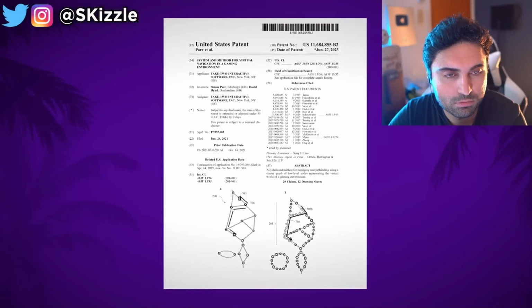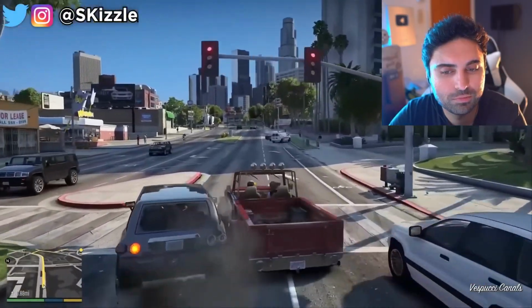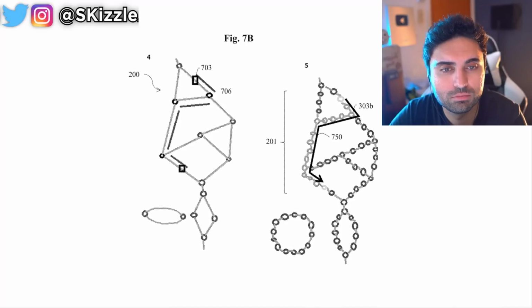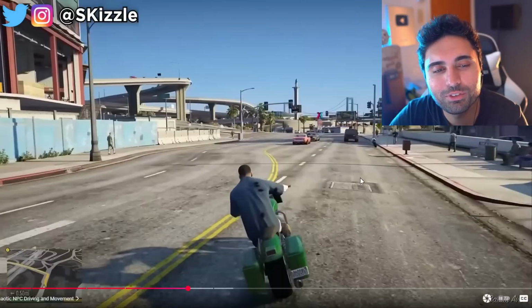Now, according to a new patent, NPCs in GTA 6 are gonna have that same kind of situational driving. They'll actually choose their route to a destination based on stuff like low traffic, more available lanes, and which road works best for the vehicle they're driving. Plus, not every